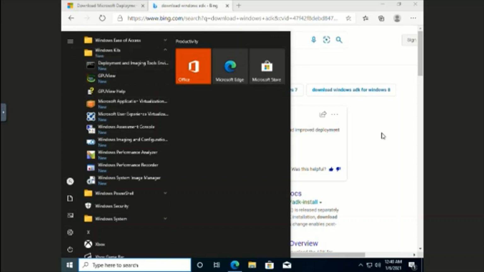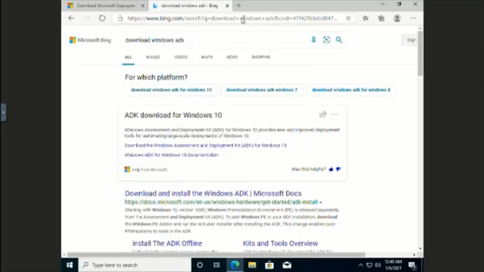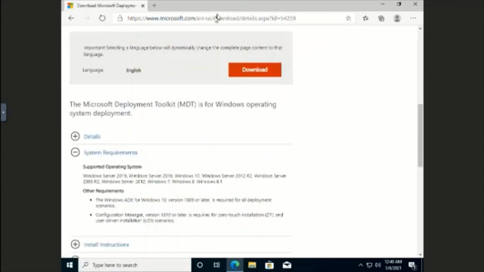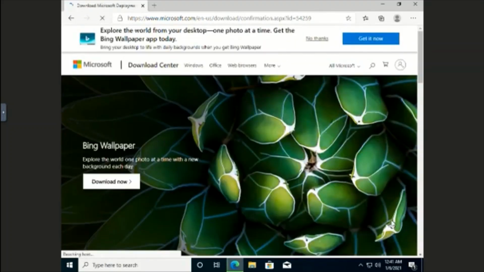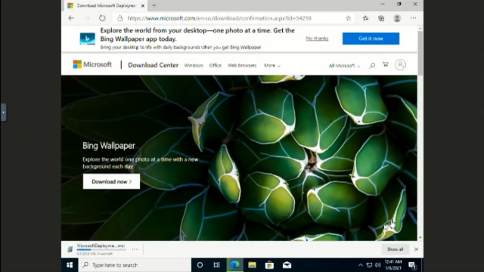Okay, now that we've got the ADK installed, we can come back to the Microsoft Deployment Toolkit, and we can download and install that. So we're going to do the x64. Notice it's only about a 20 meg download, so it's a whole lot faster than doing the ADK. But it's just a toolkit that wraps around the ADK, and you'll see it downloading here. We're about halfway there already. Ready? So when that gets downloaded,